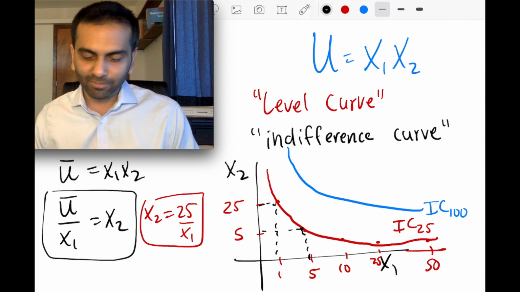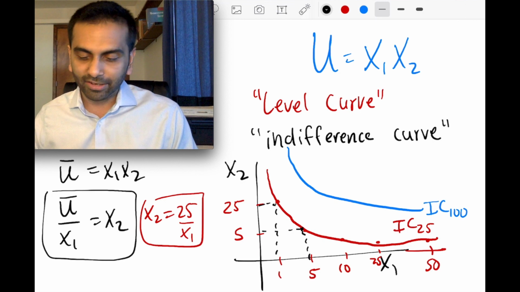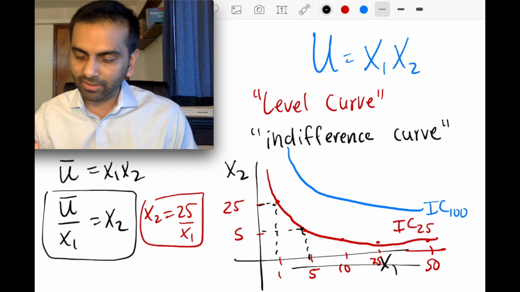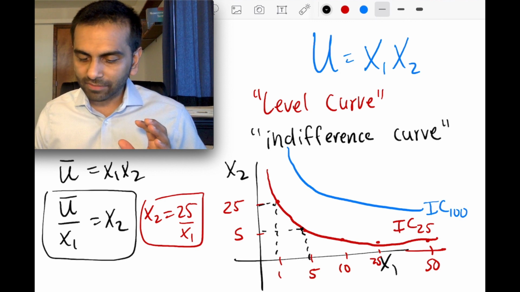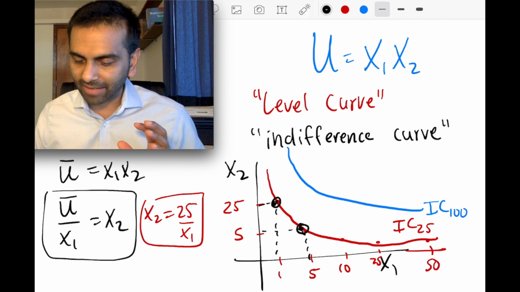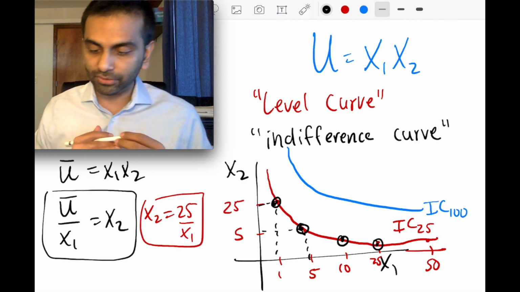But if the utility level was 100, then this is 100 over whatever your x1 is. So for all possible values of x1, you could then figure out what your x2 would have to be. Now, because all of these combinations give you the exact same level of happiness, the exact same level of utility,